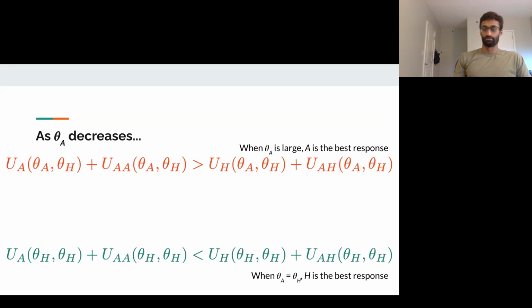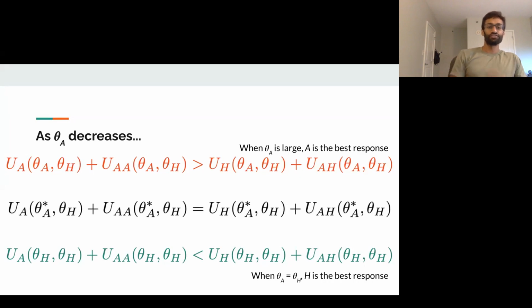That's sort of why this becomes a dominant strategy argument eventually. Okay, so I was hiding a little bit there, but basically the right-hand side is saying, what is the expected value of you responding by using the human? As we said, for large enough theta sub A, using the algorithm is still the best response. As it drops all the way down to theta sub H, actually H becomes the best response.